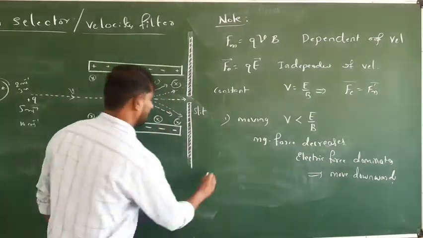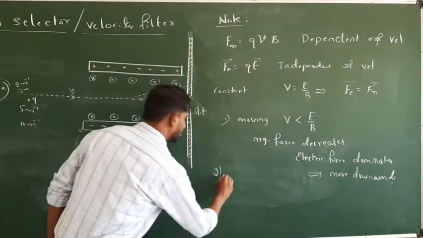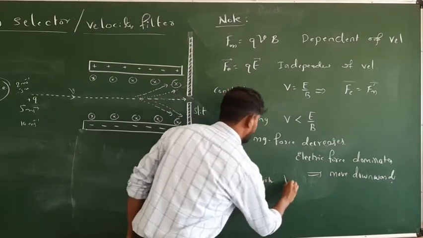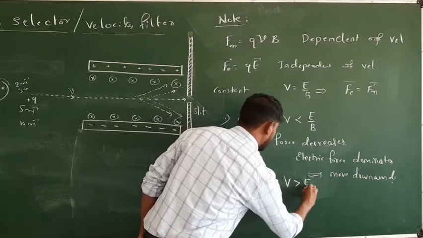Okay, so next one more point, if the charged particles are moving with V greater than E by B,